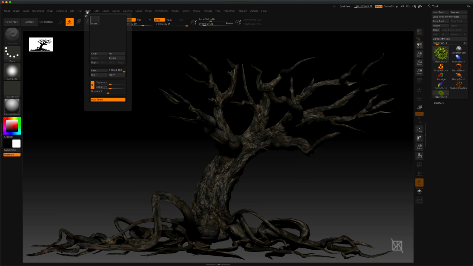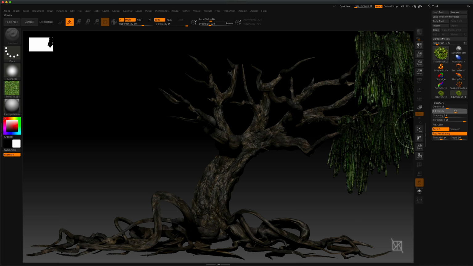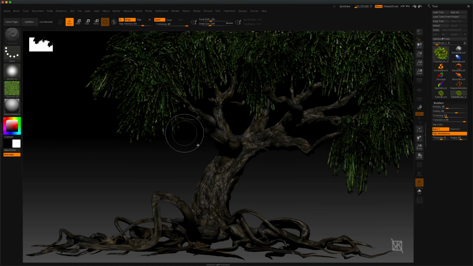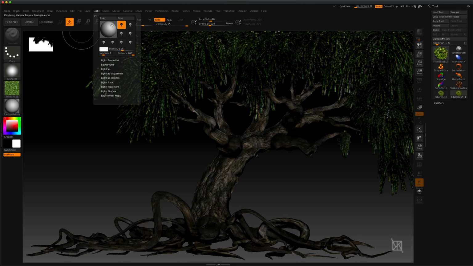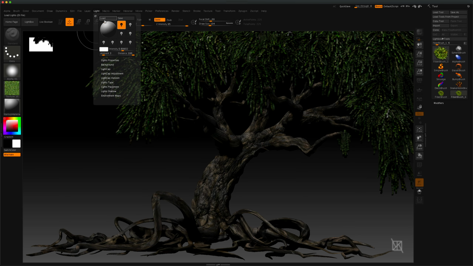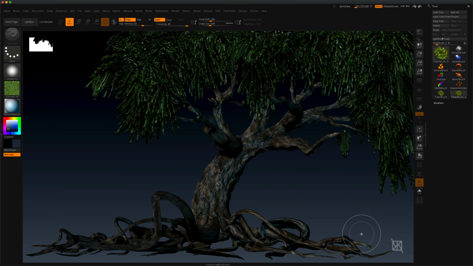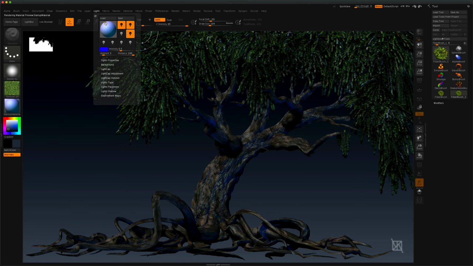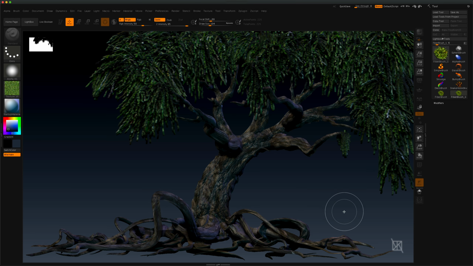And then I create a new layer and use the fiber brush with some varying settings to get almost a mossy kind of foliage. Thinking of it as kind of a swamp tree. Now at any time in the process, you can come up to the light menu and change where the light is coming from. You can add lights and change their color. You can change the background color and gradient. And these settings can be modified over and over again as you go along to fine-tune the look that you're